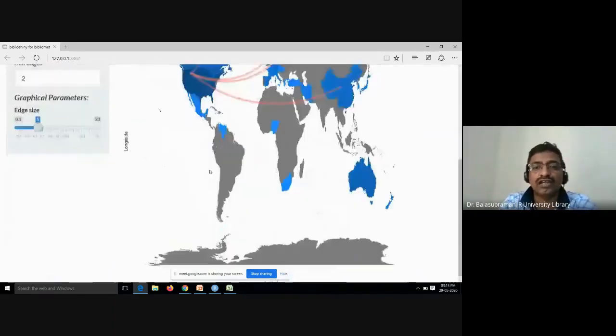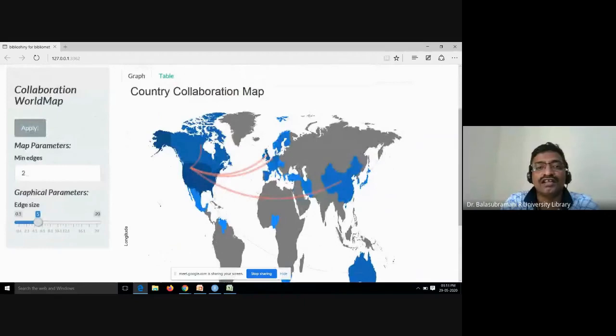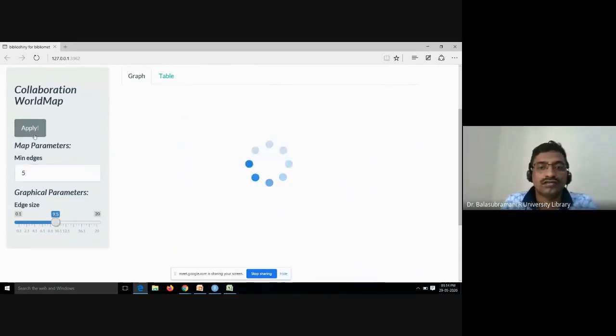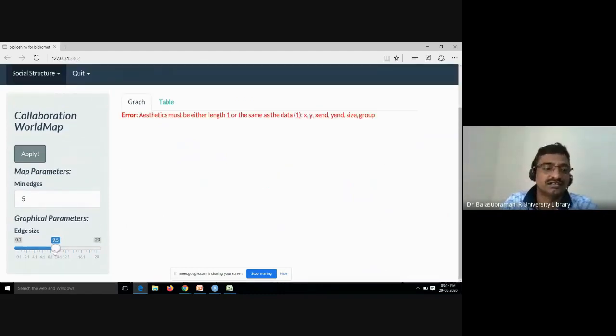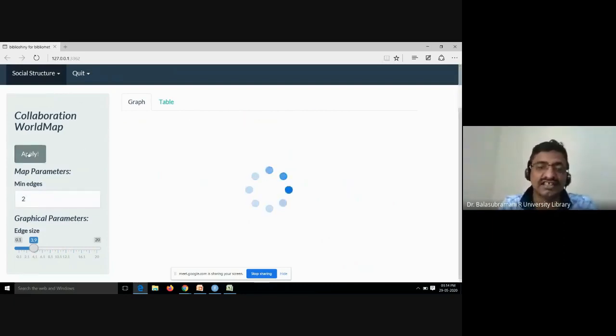You can see how one country is getting linked to other countries. Based on the records, that graph will come.